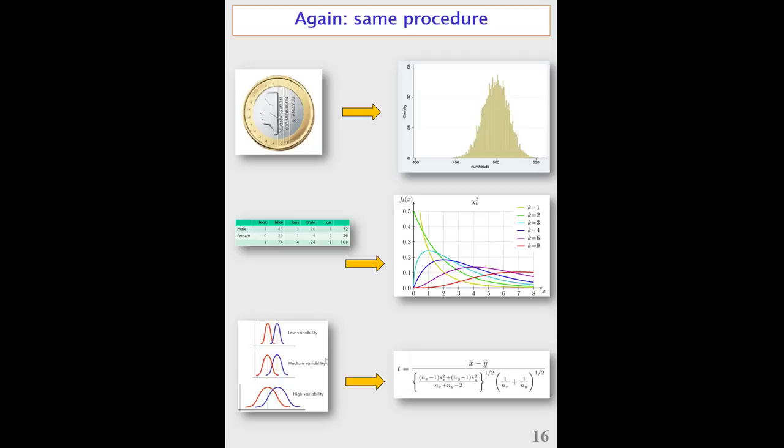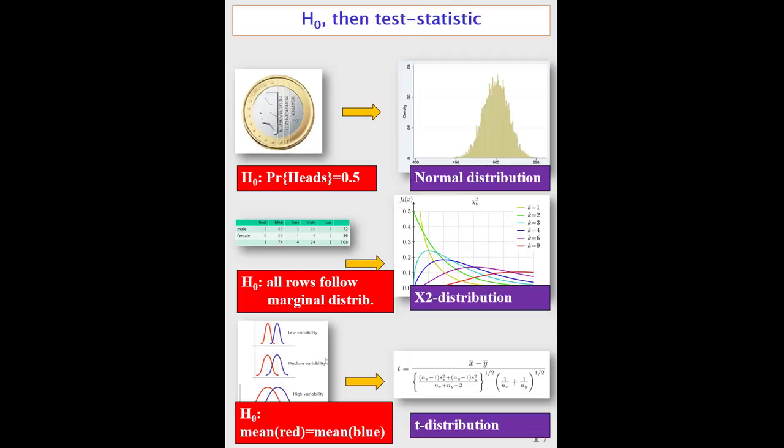And the third one, we compare two normally distributed variables, and somebody else now comes up with what's called a t-statistic for us to figure out whether or not two of these normal distributions are actually the same. And here you see that they're all the same. They have an H0, coin is fair, and then in the end, here we have an approximately normal distribution. All rows follow the marginal distribution. We have something that's called chi-square, or here the mean of the red one